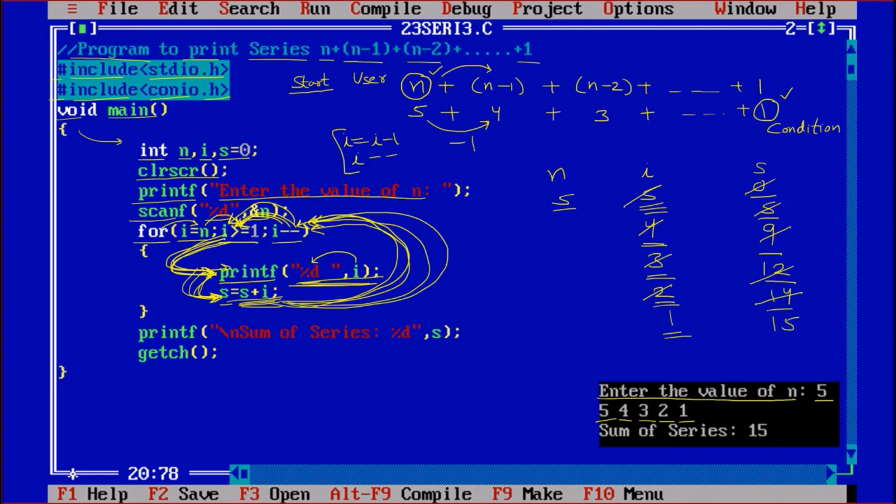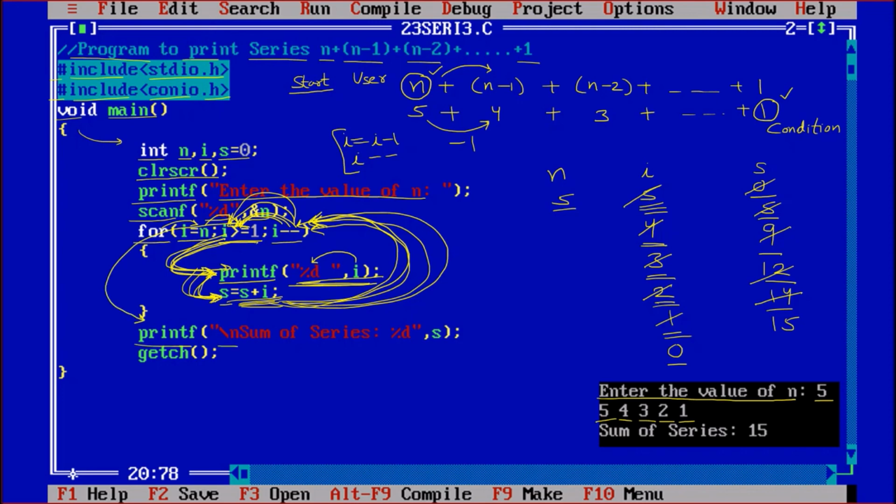Coming back, I minus minus, the value of I is 0. Checking the condition, I greater than or equal to 1. So 0 is neither greater nor equal to 1. So it will come out of the for loop.